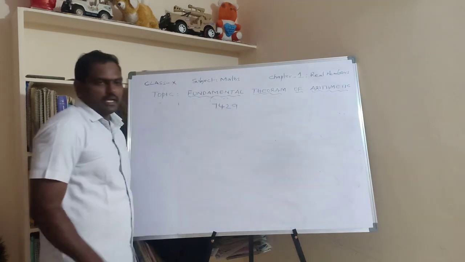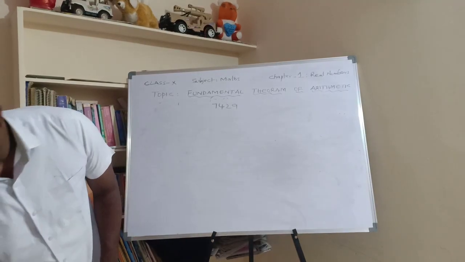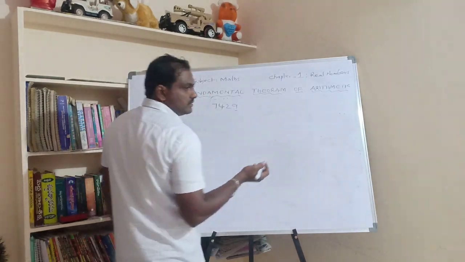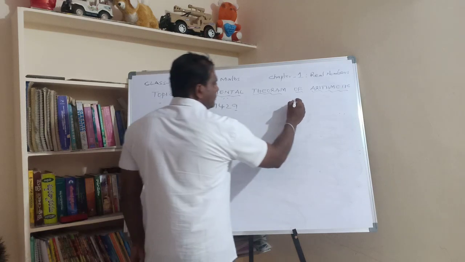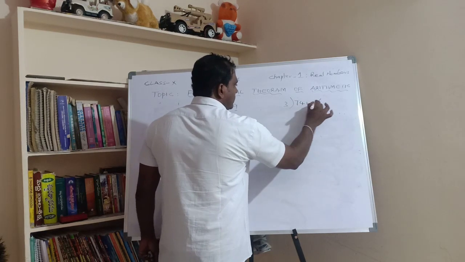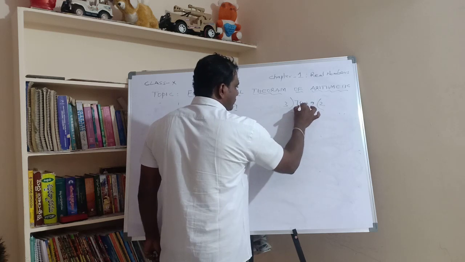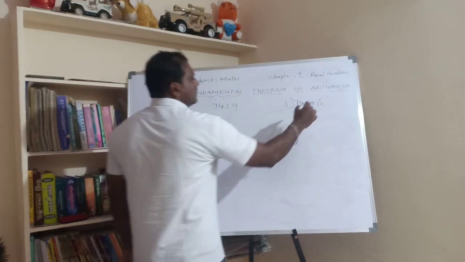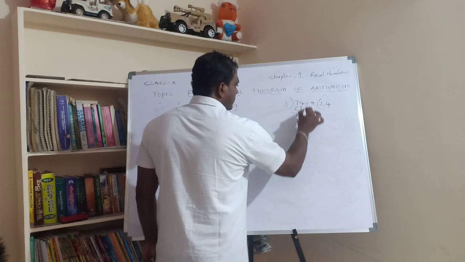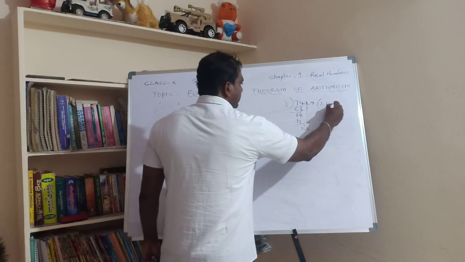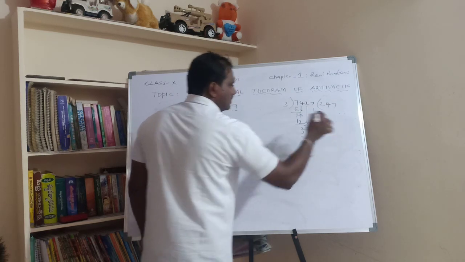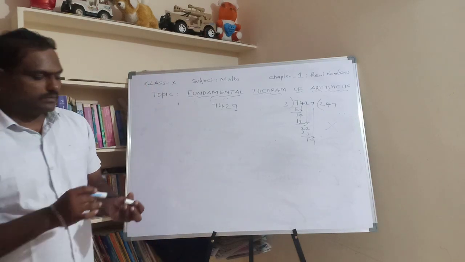7429. Okay. So since the last digit is 9, it's an odd number. So we have to check with 3, not 2. Since it's a big number, better to check with 3. 3 2s are 6, remainder is 1. It is 4. 3 4s are 12, remainder is 2. It is 22 again. 3 7s are 21, remainder is 1. So it is 9. So it is not divisible by 3.